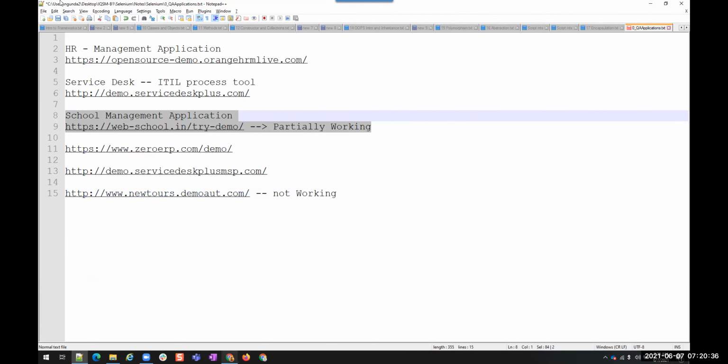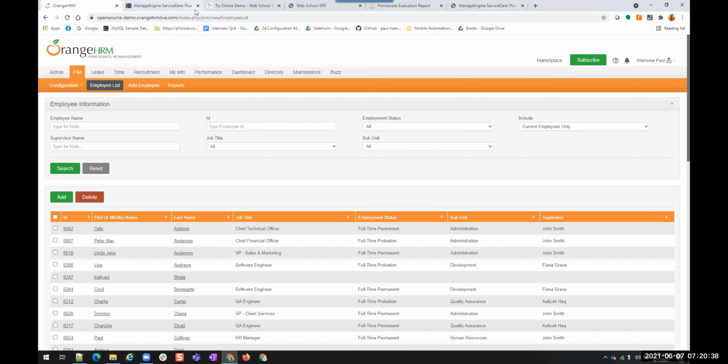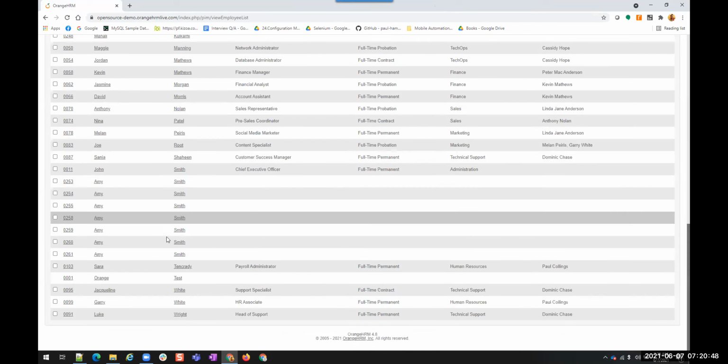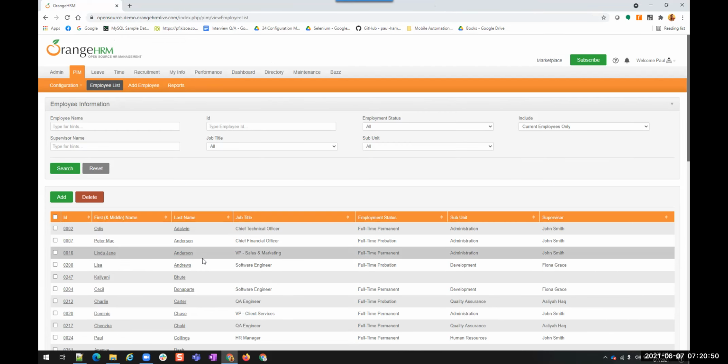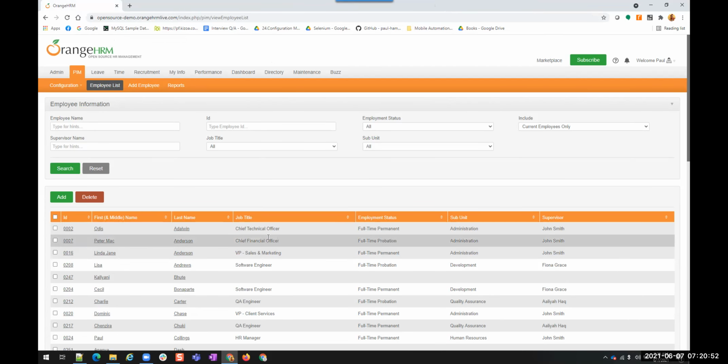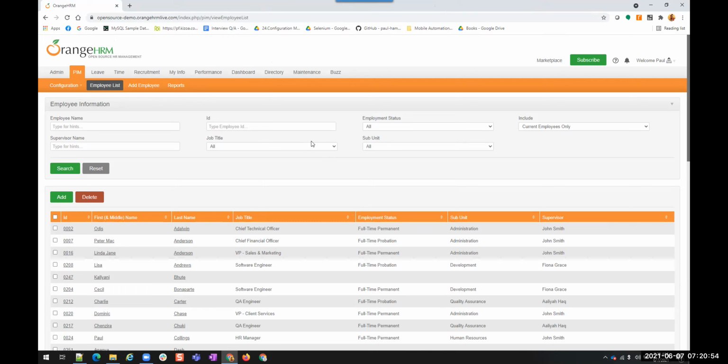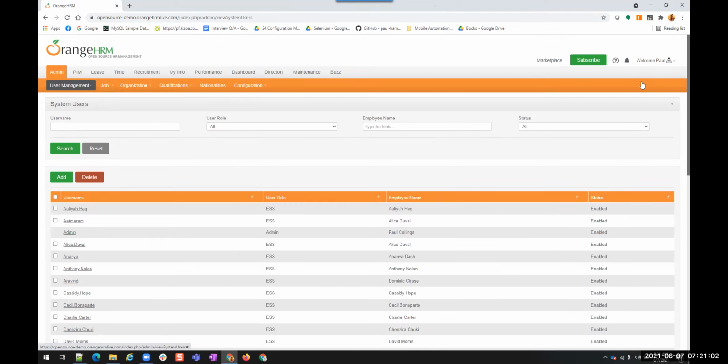In our sessions, we are going to use this Orange HRM for practicing because it is simple, easy to understand, and has all the functionality. Most of the people use this Orange HRM, and we have everything inside this. All the different types of elements. So we'll use this Orange HRM. Okay. All right. Now let me close this. So these are the demo applications that we are going to use.